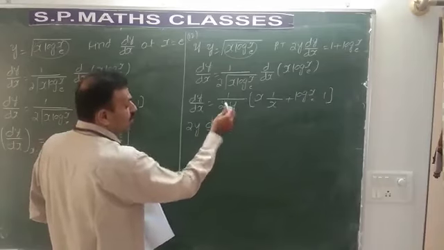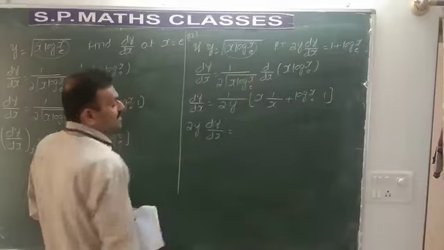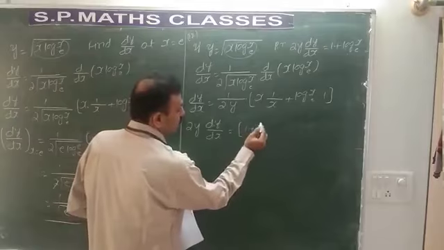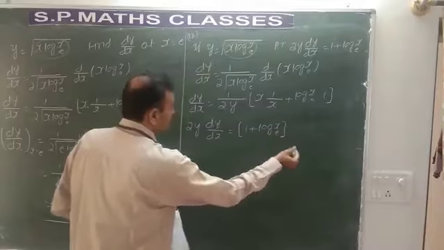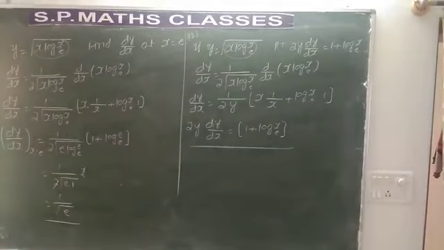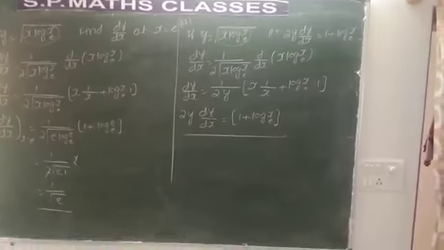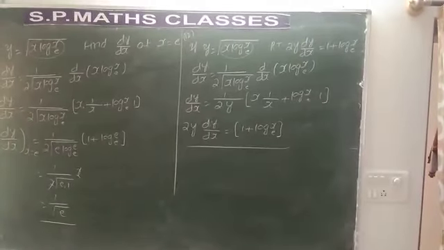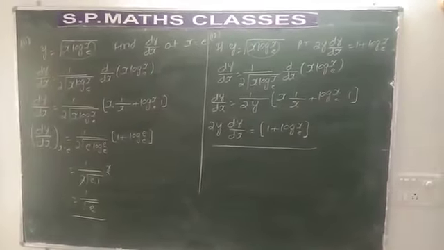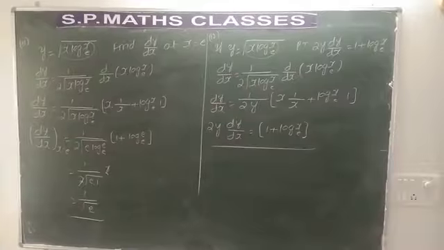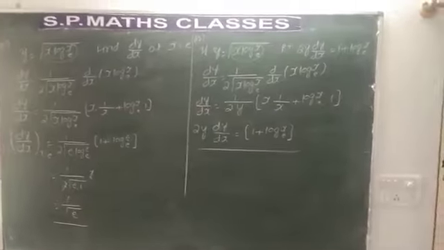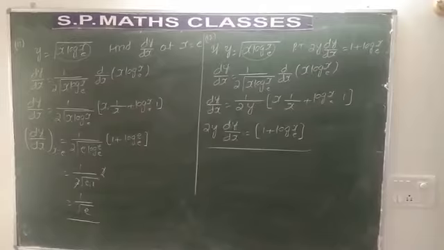Hope you have understood how we have got this y. See here, root of x log x is nothing but y. The x cancels, 1 plus log x to base e. So 2y into dy by dx will be 1 plus log x to base e. That's what the required proof is. Hope you have understood this problem also. Here we had y is equal to root of x log x, and you were asked to find dy by dx at x is equal to e. In the next problem, y is root of x log x, you have to prove that 2y into dy by dx is 1 plus log x. The same method, you have to differentiate and then you find the required answer.